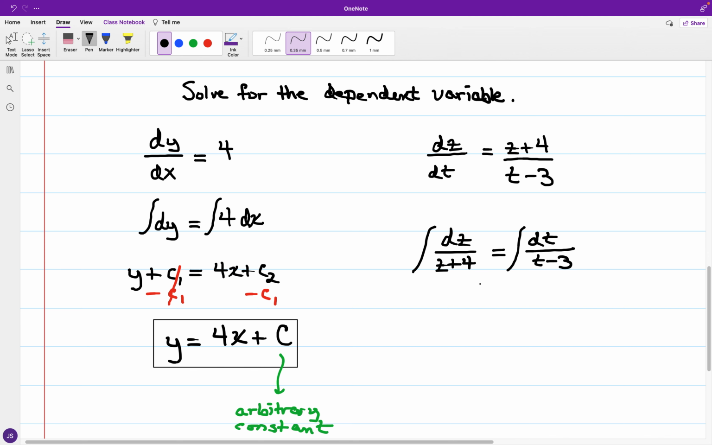And for the antiderivative of the reciprocal of a linear expression, this is going to be a natural logarithm. So here we'll have the natural logarithm of the absolute value of z plus 4. Technically I could add a constant like c sub 1 again, but I would just keep the constant this time around solely on the right hand side. And for what we have to the right, you have the antiderivative of the reciprocal of t minus 3. So this will be the natural logarithm of the absolute value of t minus 3